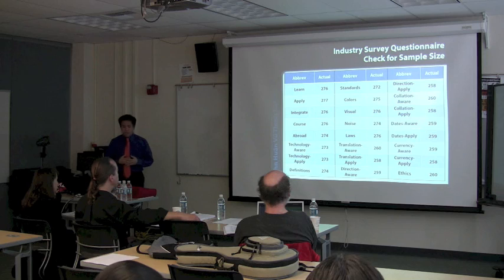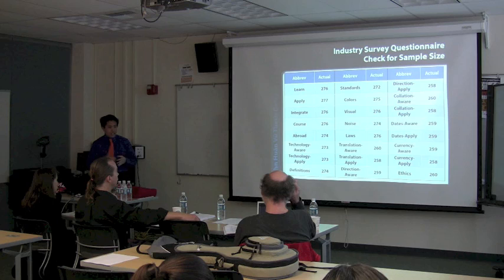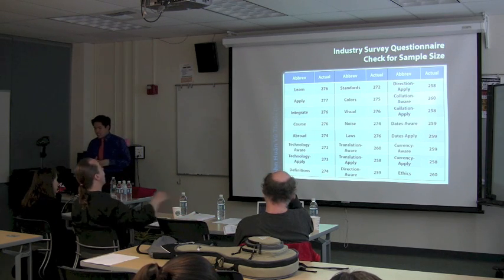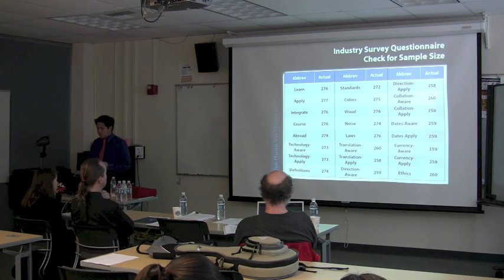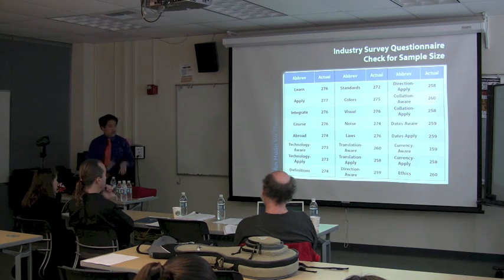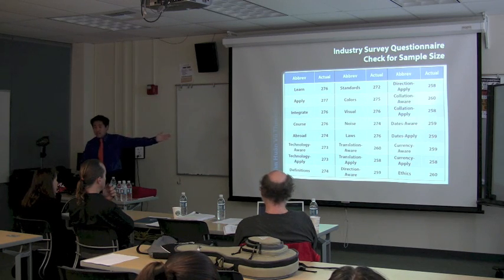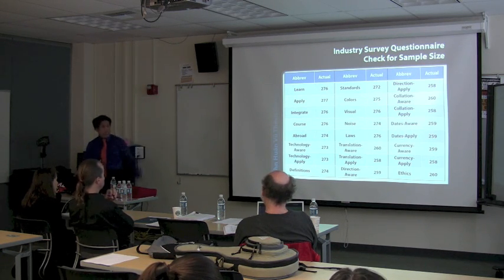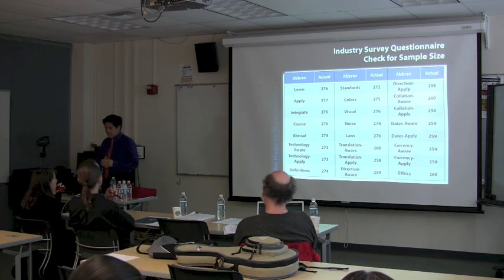The next part is checking for sample size. By the way, this table is sorted based on how your table 2 looks right now, so it can help you follow along. The magic number for a sufficient sample size is 167. The calculation to determine 167 is found within the thesis. I do not want to put all that math up there. As you can see, all of them exceeded 167. Not one of them was even close to 167 as a sample size. What this tells us is that the sample size is sufficiently large to carry out statistical hypothesis tests.